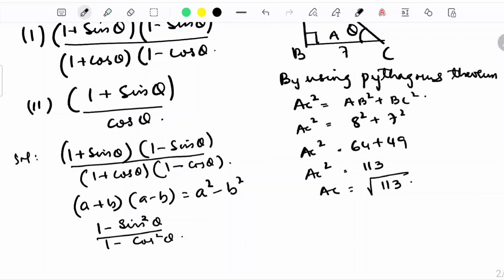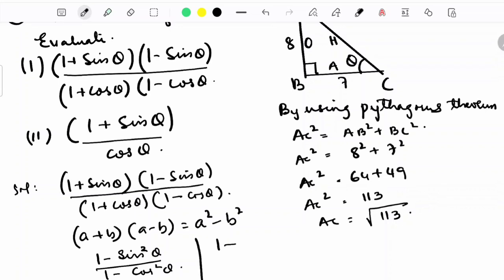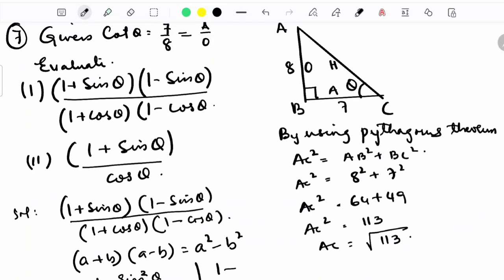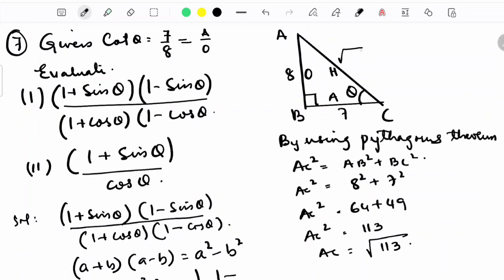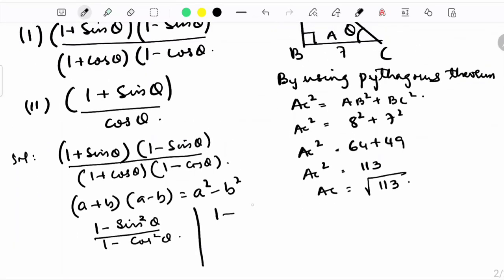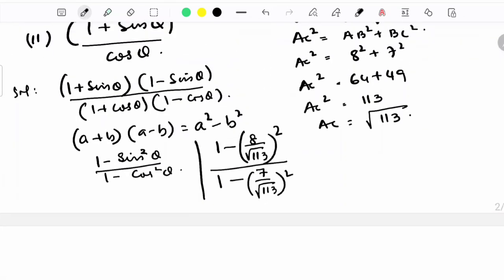Now sine is taken as opposite over hypotenuse. So here the opposite is 8 and the hypotenuse we got as root 113. So (8 over root 113) whole square divided by 1 minus (7 over root 113) whole square. Okay, that will be